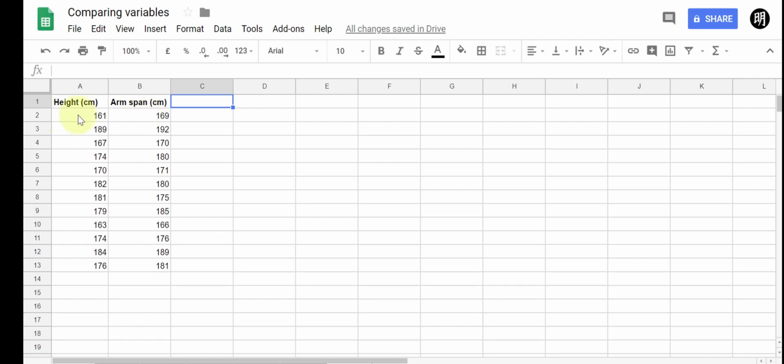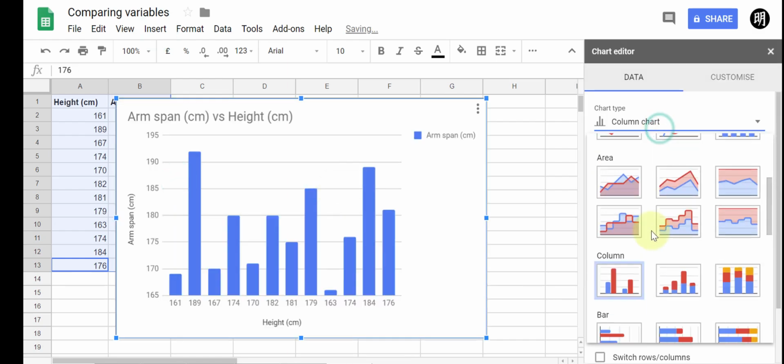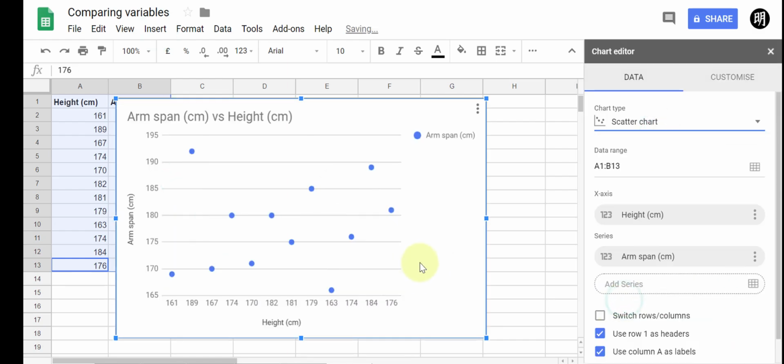Height is the independent variable, and because it is a continuous variable, we're not going to make a bar graph from this data, but instead we're going to make a scatter plot. For starters, you'd think that just highlighting all the cells and creating a chart will do the trick, but the current build of Google Sheets is a little bit funny. If you do that and select scatter, it looks all well and good, but if you look closely, something weird's